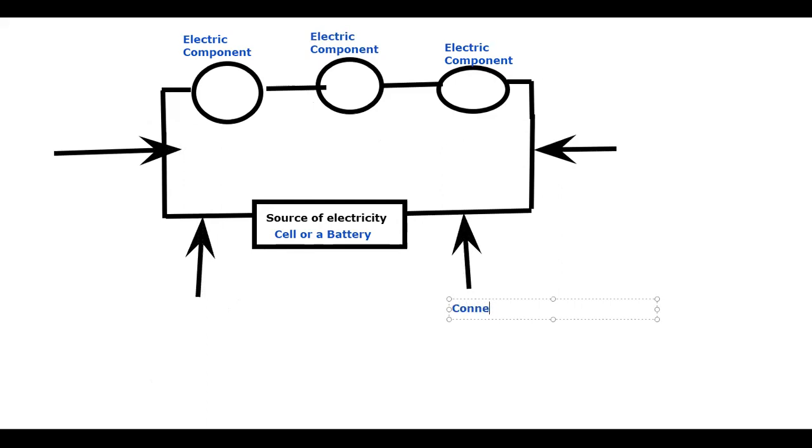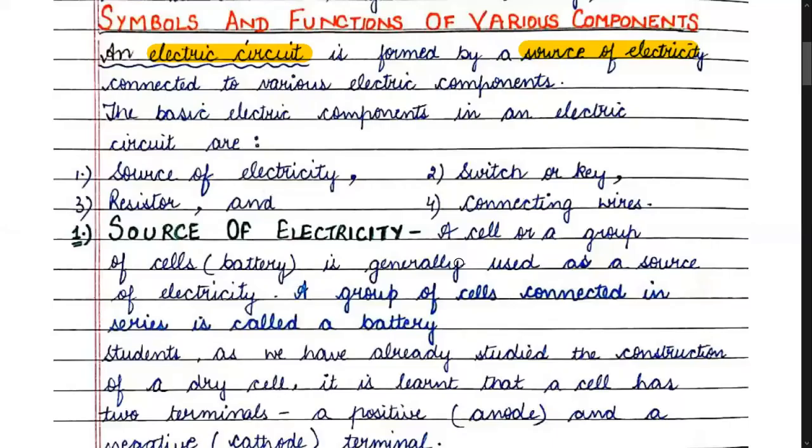These wires are also known as conducting wires, and usually they are made up of copper. Thus, we can define an electric circuit as a circuit formed by a source of electricity connected to various